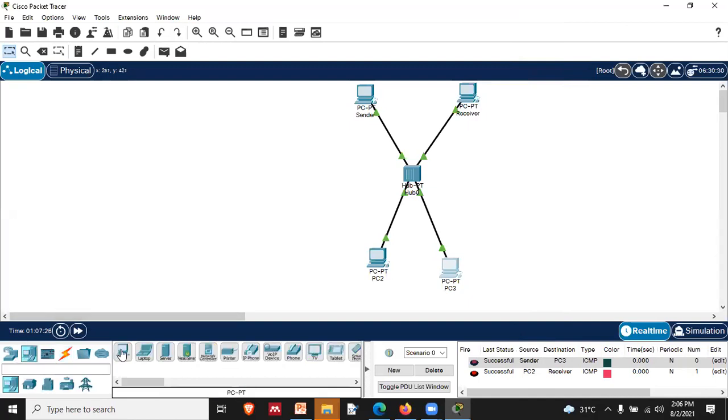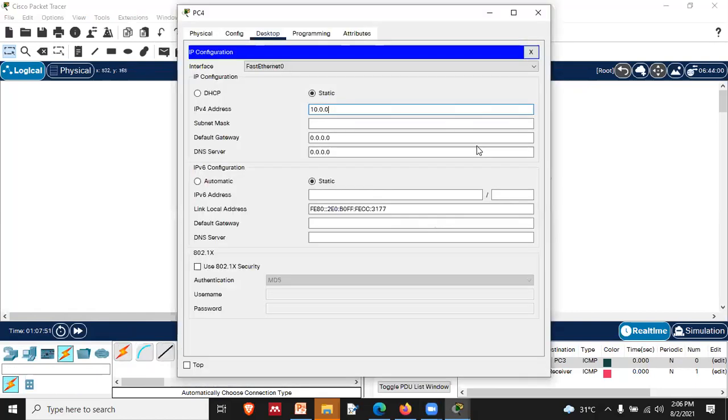So if we have more end devices, now as we have seen, it has 6 ports. So we have introduced 6 ports, and to test whether a 7th PC will work with it or not, that's why I have placed a 7th node also. And over here, I'm just going to connect with this port this way, right? And we need to assign an IP; 10.0.0.4 is already given. Then we are continuing with 5, and this is 6.